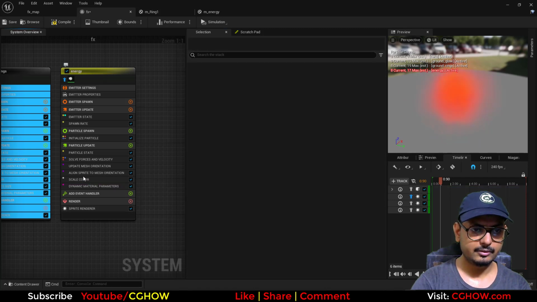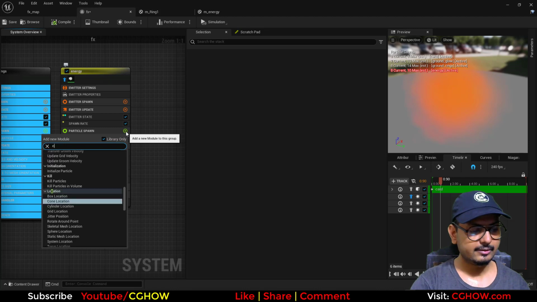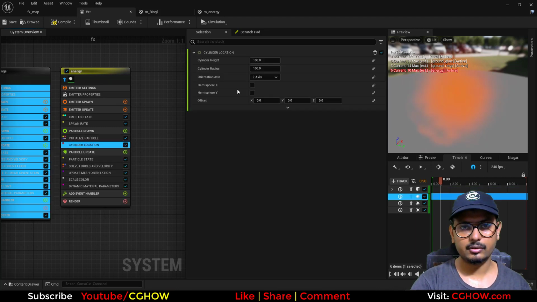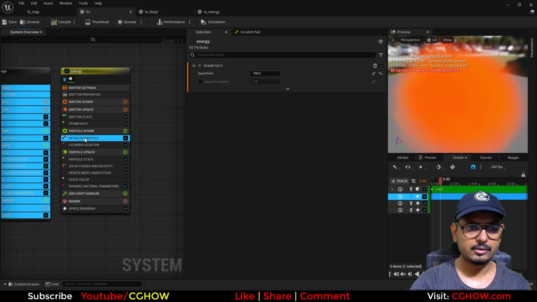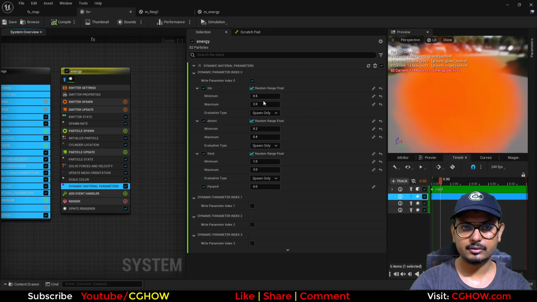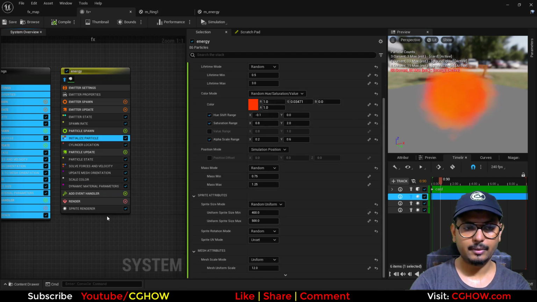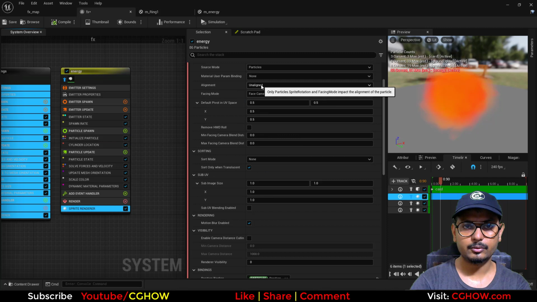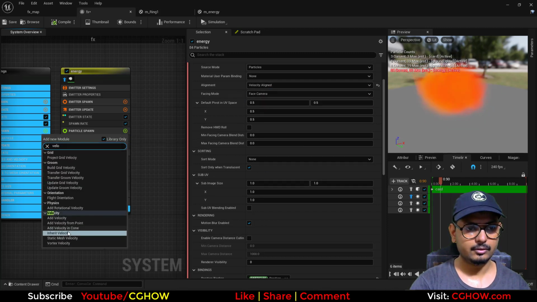I don't need this for now, and first I need cylinder location, and I'll use maybe 100 particles for now, and increase. And if I use this distortion, this is distorted too much, and I need to stretch these particles on velocity, so I'll use alignment to velocity and take the velocity here,